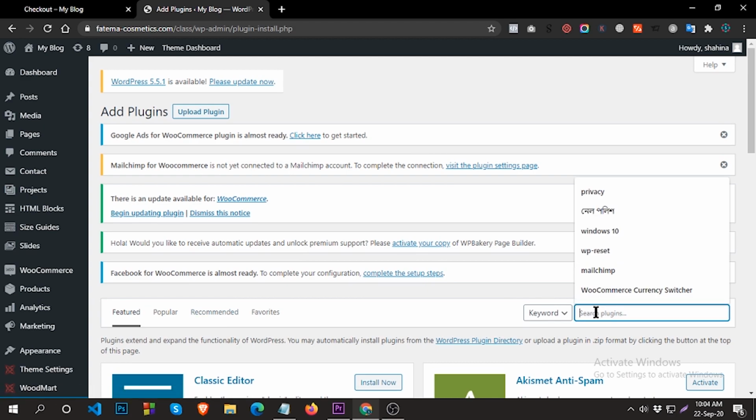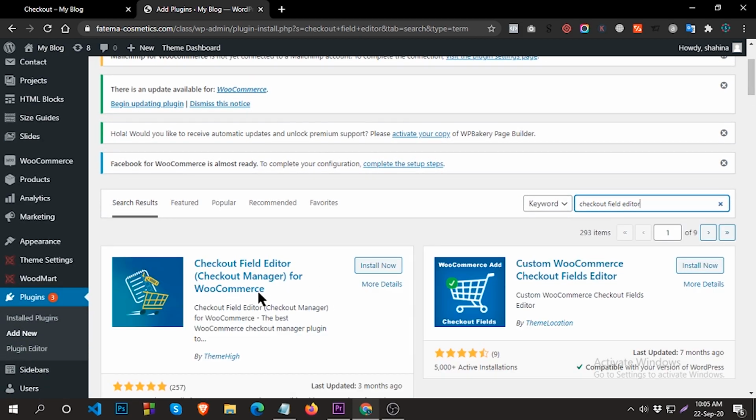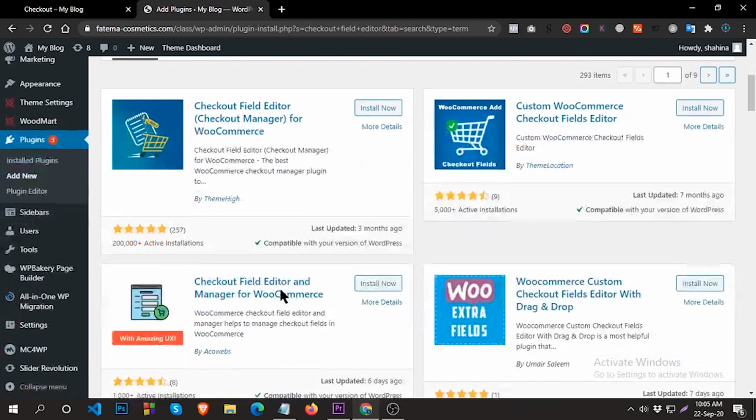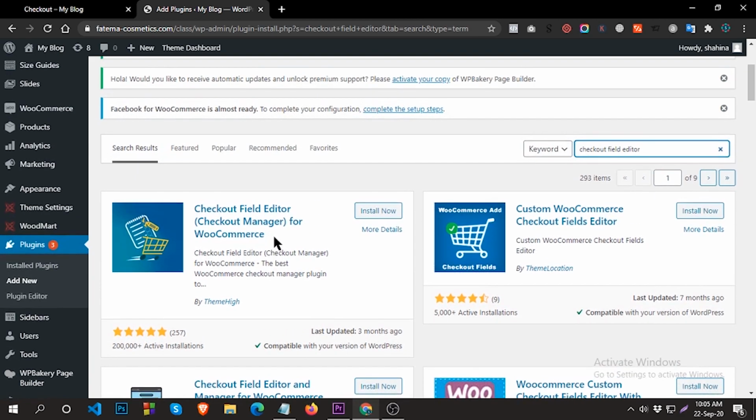Search here for checkout field editor. Yes, this plugin name is Checkout Field Editor. This is the plugin, and it has very good reviews and 200,000 plus active installations.